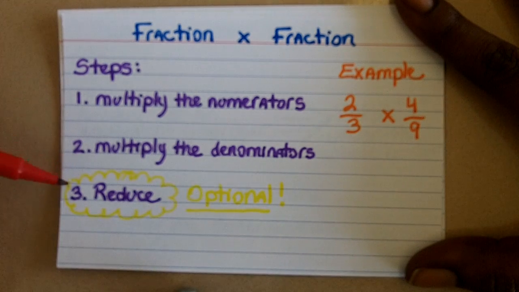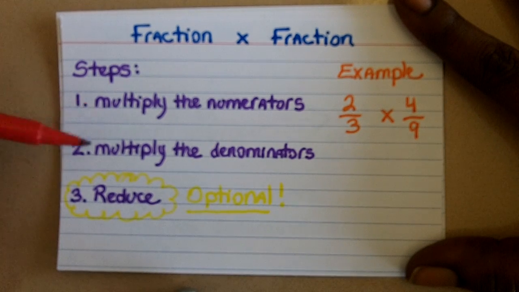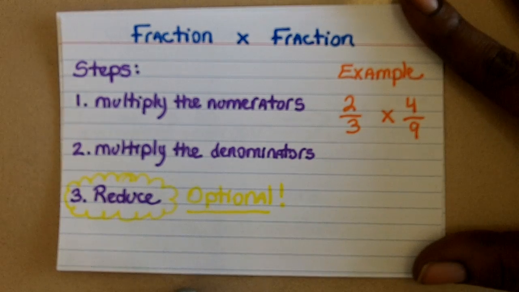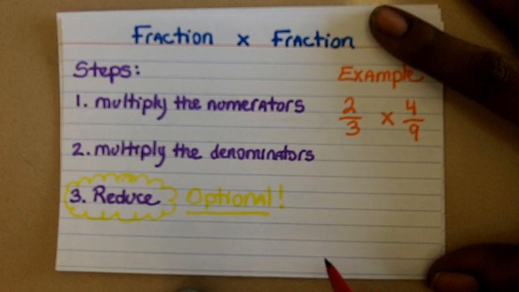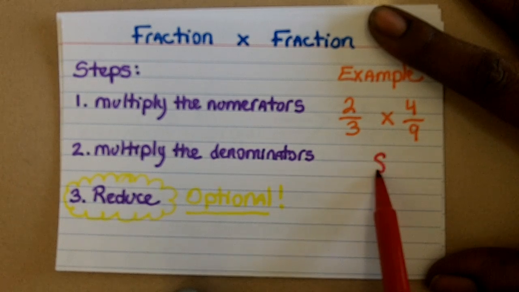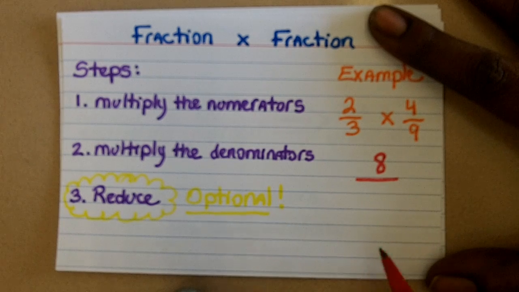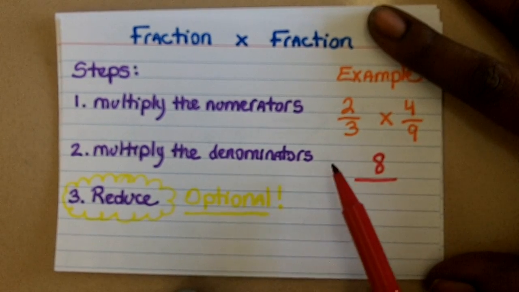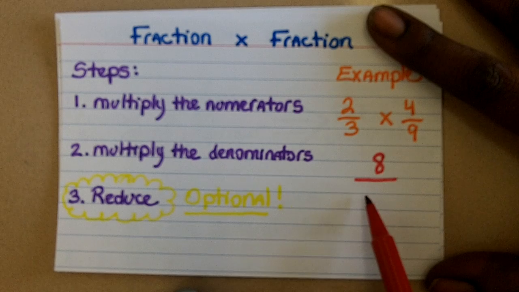There's 3 simple steps to follow. Step number 1 is asking me to multiply my numerators. So if I look here, the first numerator is a 2, the second is a 4. So I'm going to multiply those to get a numerator of 8. Multiply the denominators is step number 2. Step number 2 would be 3 times 9, which is